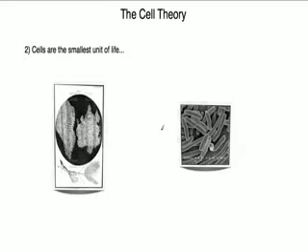Secondly, the cell theory states that cells are the smallest unit of life. The reason for this is that cells are the smallest structures that can survive independently. So for example, if we take some cells from a tissue or a multicellular organism, let's take 3 cells, these cells will be able to survive for a short period of time. Also, bacteria, as we've seen previously, can also survive, and they're just one cell. But nothing smaller than a cell is able to survive independently.